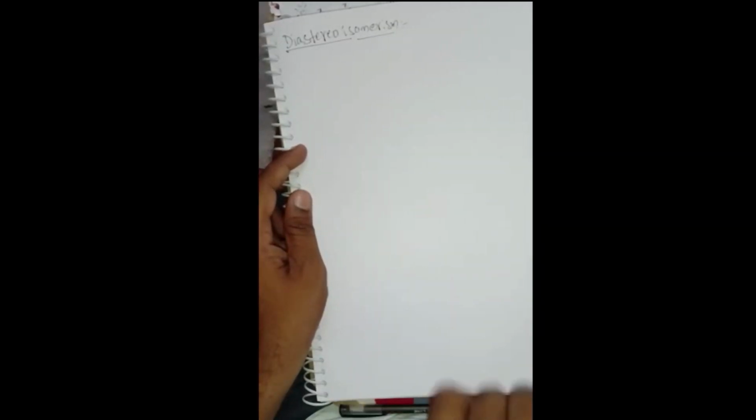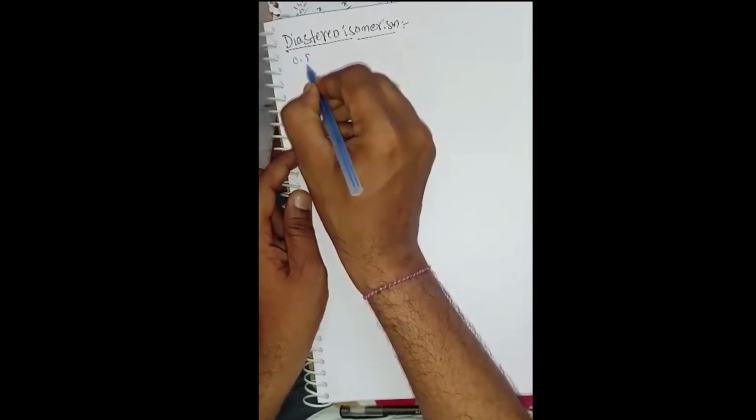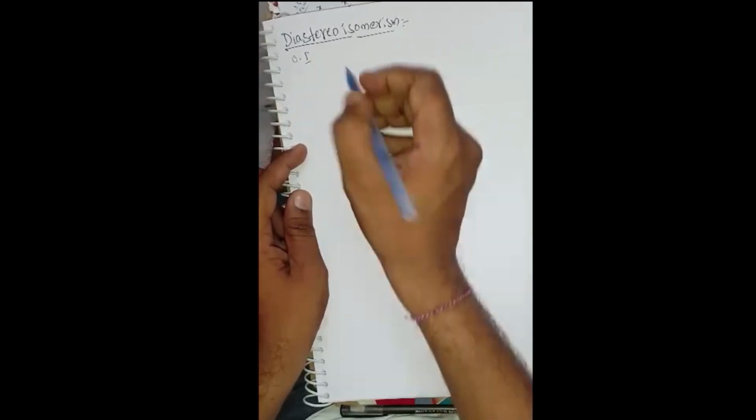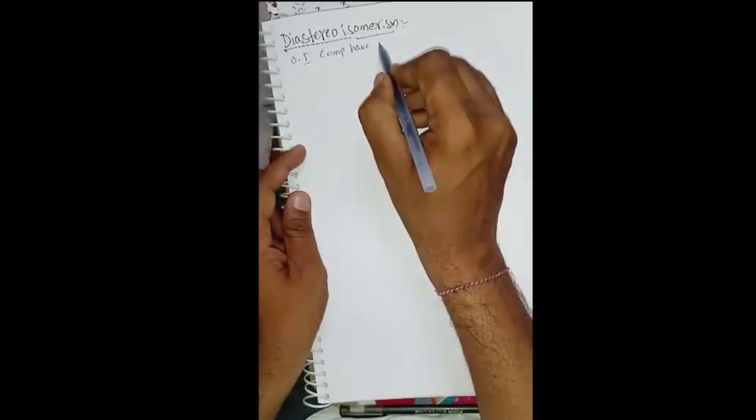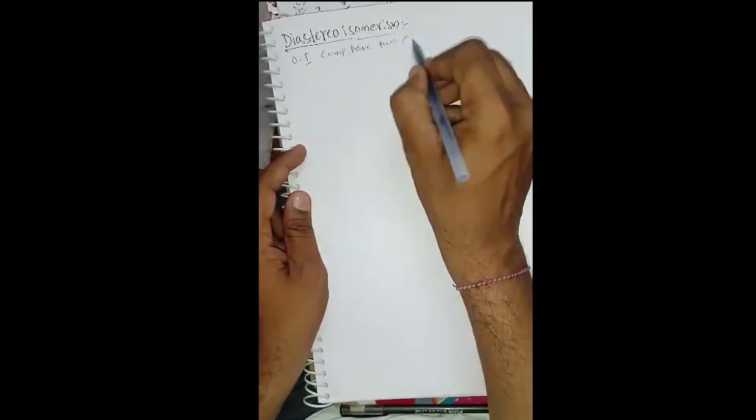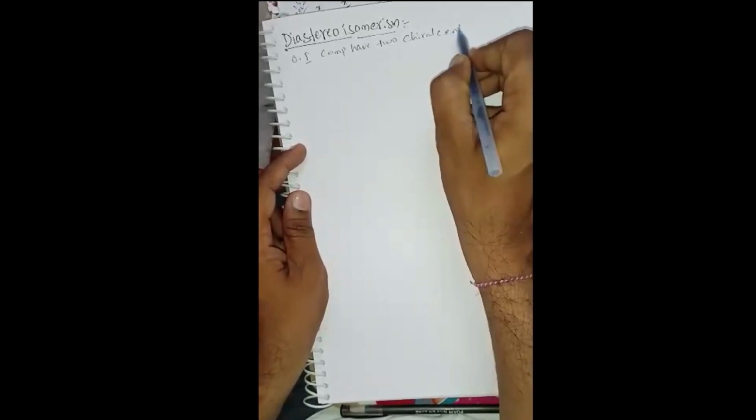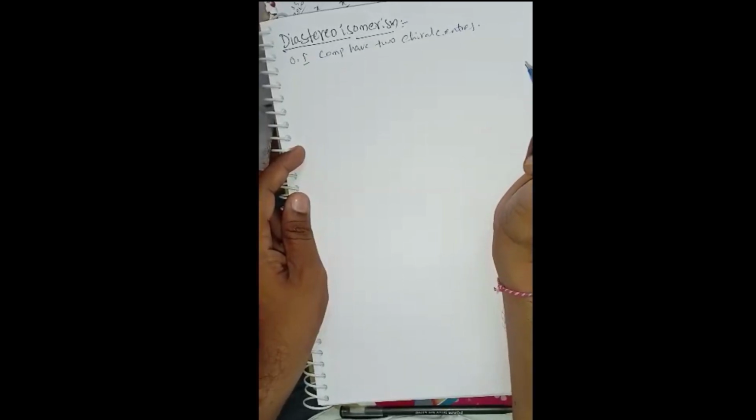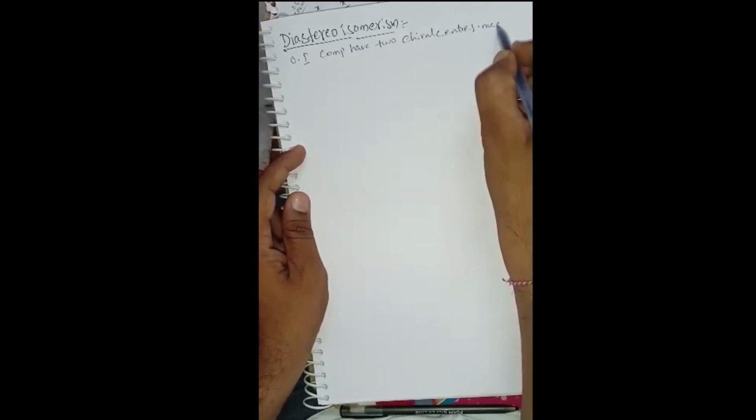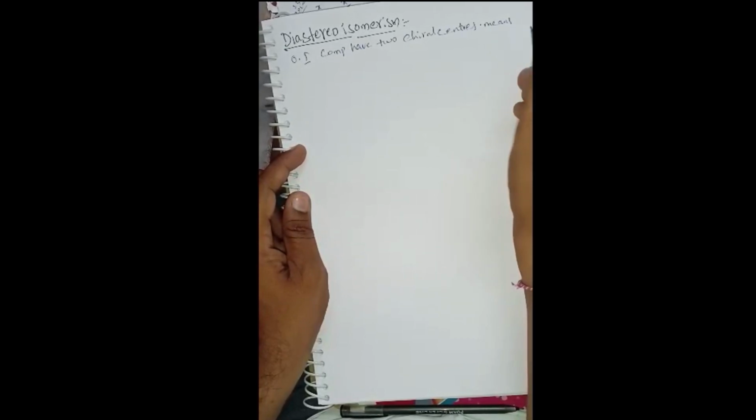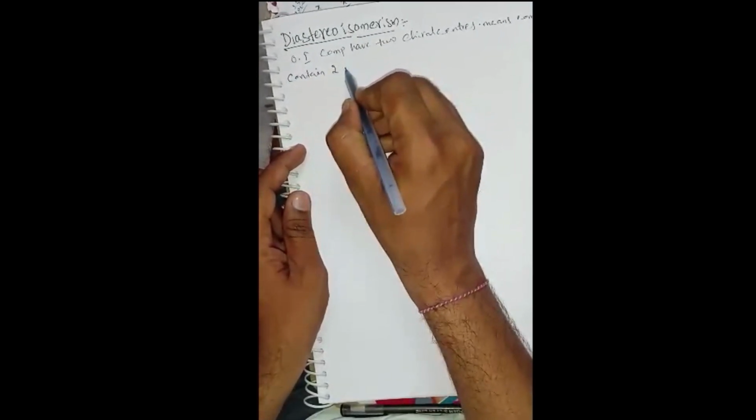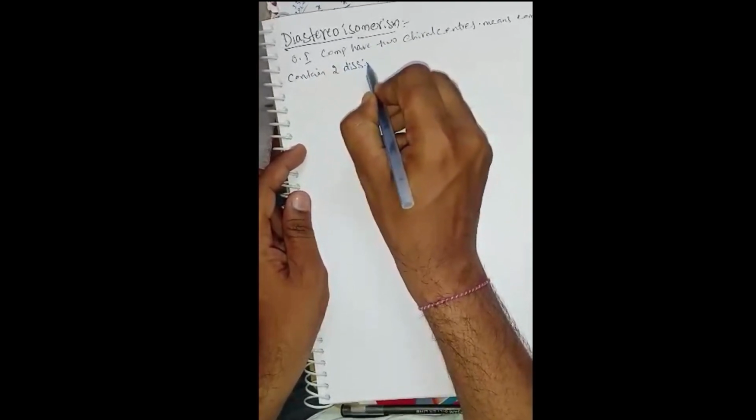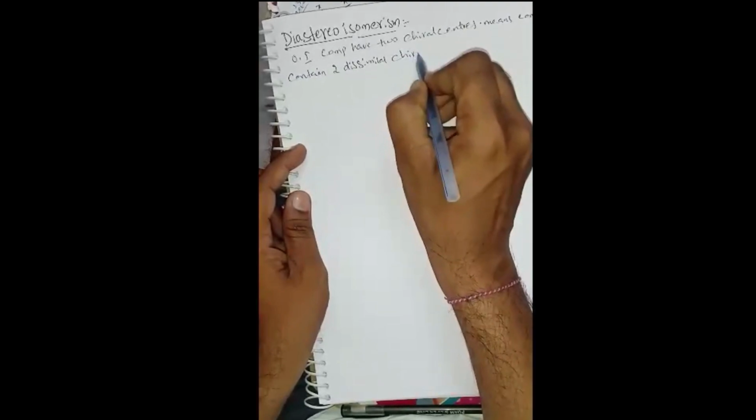So diastereoisomerism is an optical isomerism. Compounds in optical isomerism have two chiral centers. Two chiral centers means the compound contains two different chiral centers, two dissimilar or different chiral centers,